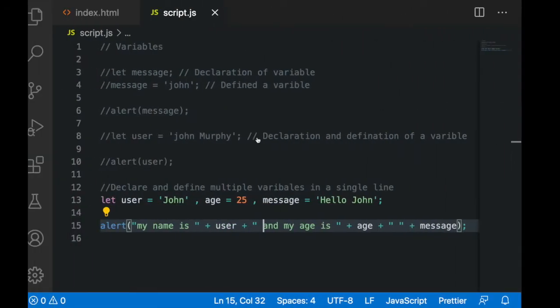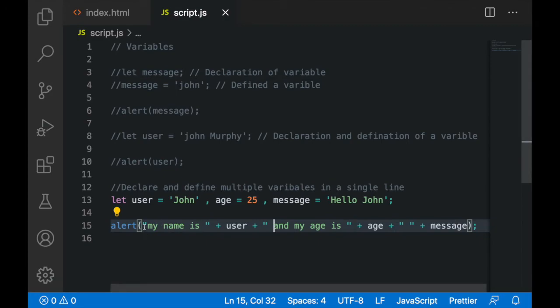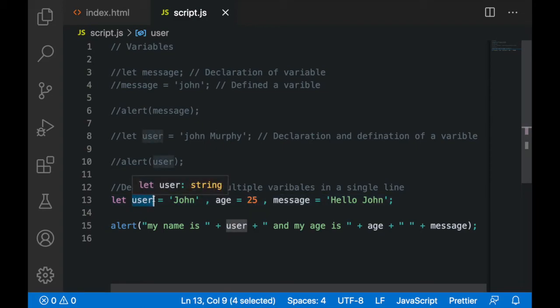So this is quite fun. Let me tell you what just happened. The first thing that you learned is you cannot declare or define the same variable two times in a single script. You just need to do it once.